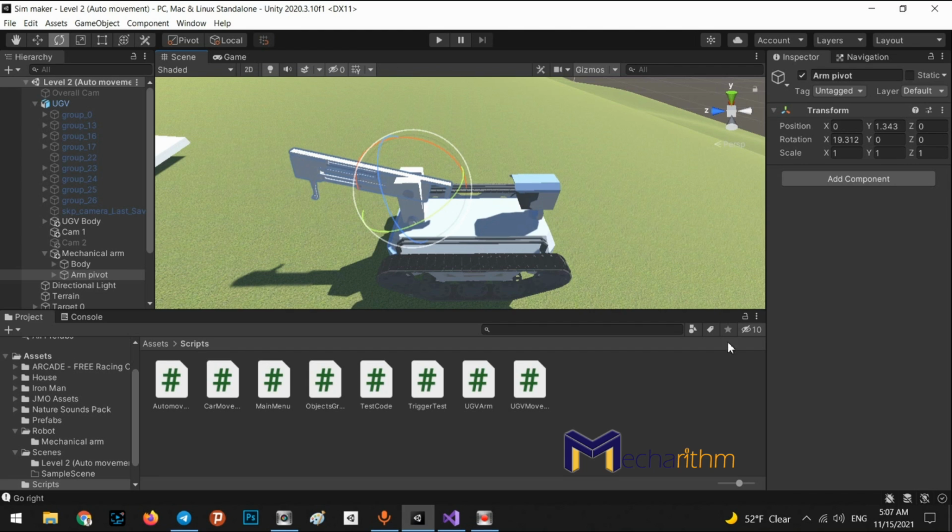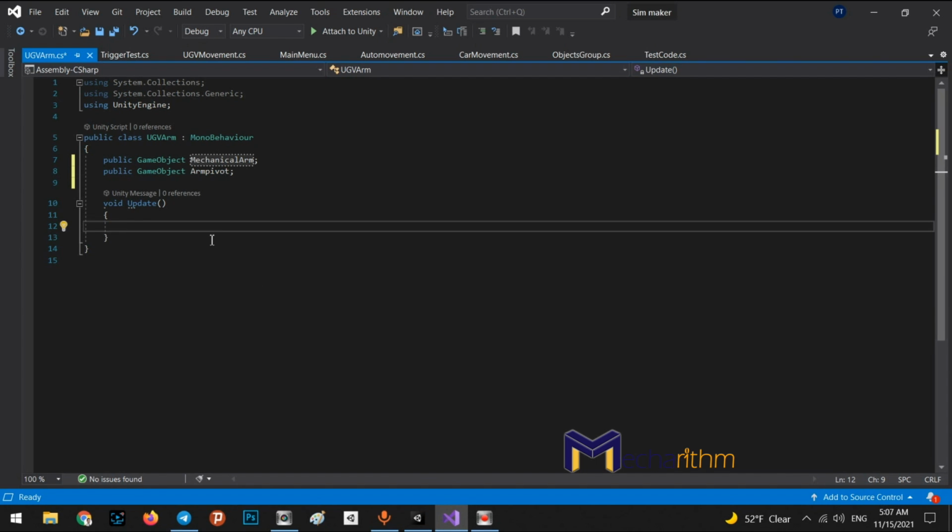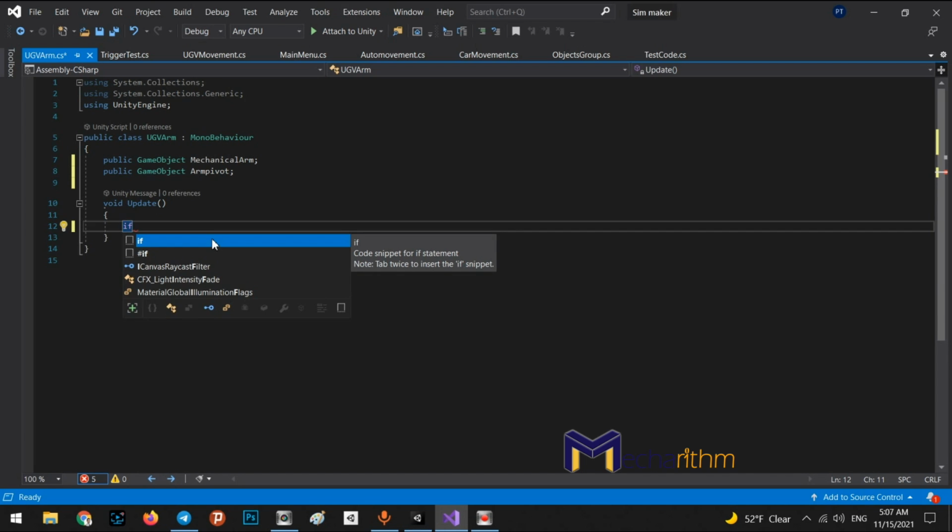So it is very easy. I want to rotate them with the arrows of the keyboard: right, up, left, and down. So we say if